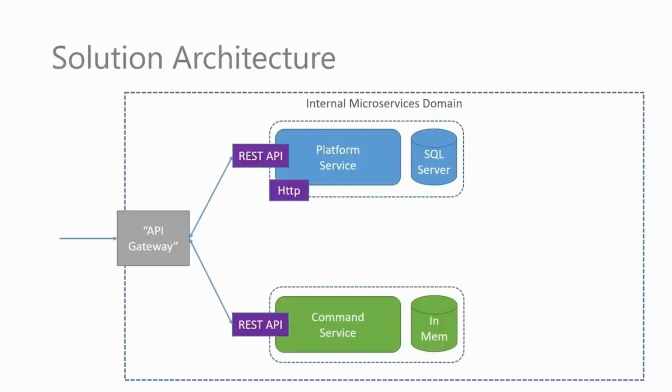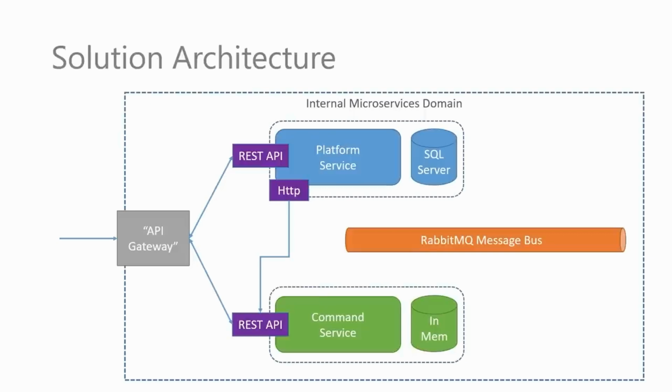One approach possible would be that we kind of couple quite tightly the platform service to the command service. And what I mean by that is, once we create a platform in the platform service, we could theoretically get the platform service to post using HTTP to the API of the command service and say, here's a new platform that I have created. This does create quite a tight coupling between these services though, because the platform service absolutely has to know where the command service sits. And that does kind of create this concept of a coupling.